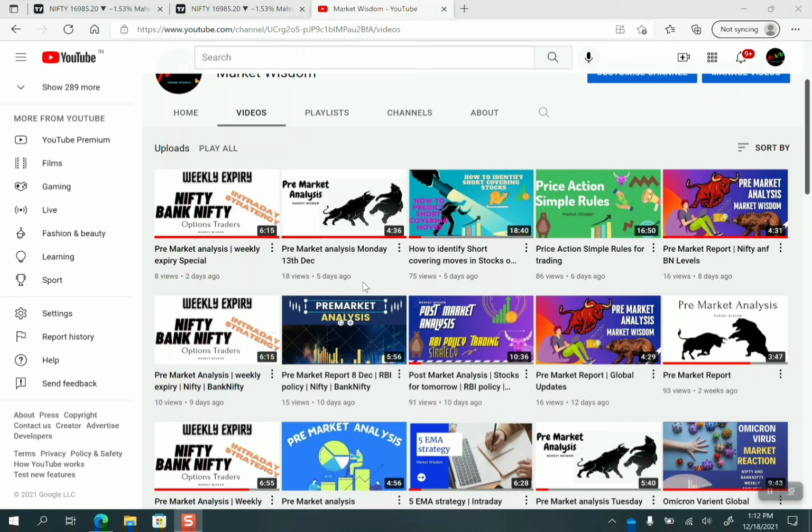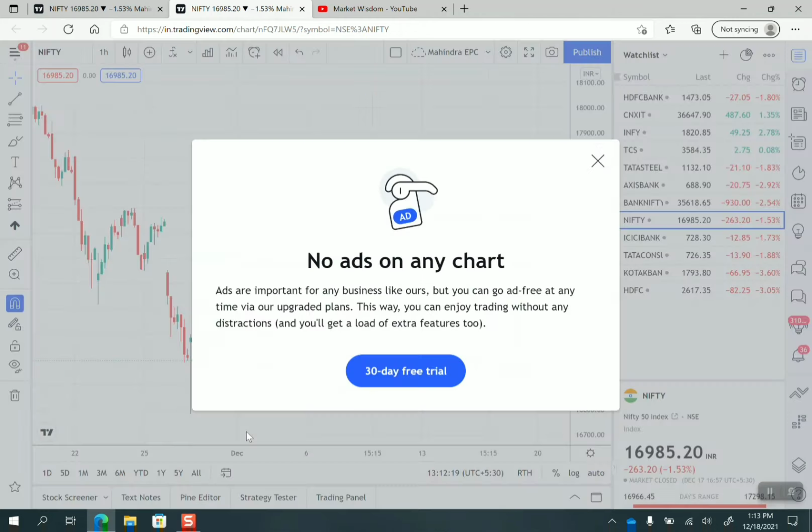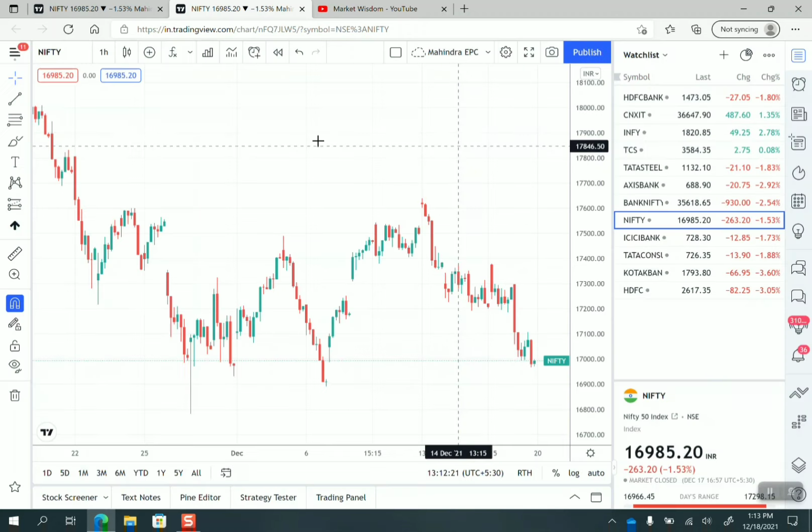So now let's move to today's learning topic. This will be useful for people who do scalping, and most of the time it will be accurate. I have tested it in the last week, and you can also test it first, and then you can follow whatever strategy I am going to tell you in today's video. So let's move to the strategy.